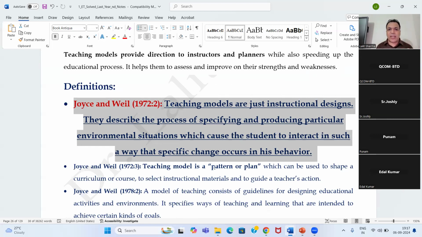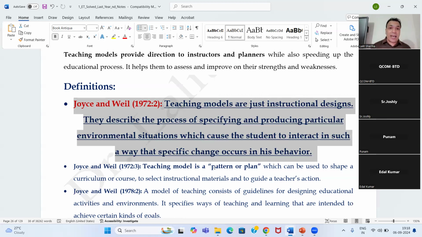They describe the process of specifying and producing particular environmental situations, which — this line is very important, the most important line, the last line — cause the student to interact in such a way that specific change occurs in his behavior. Now tell me guys,